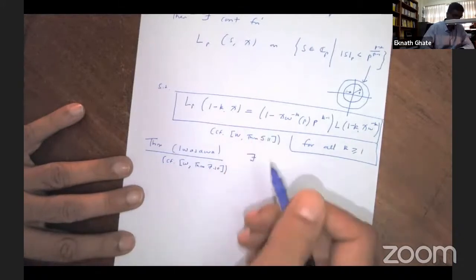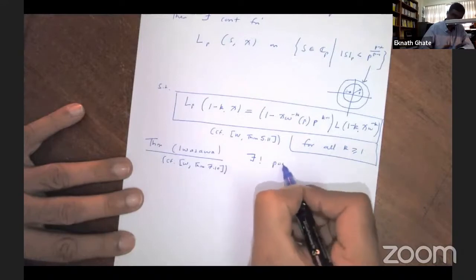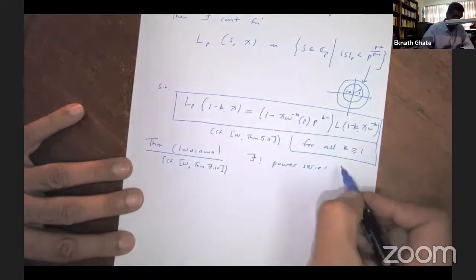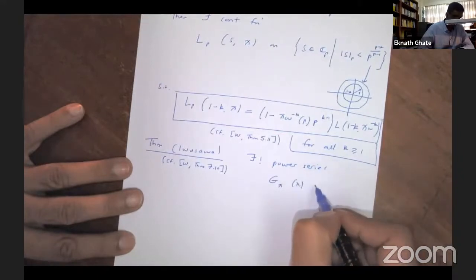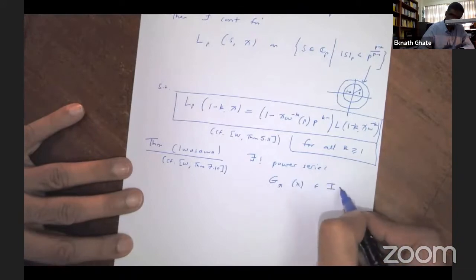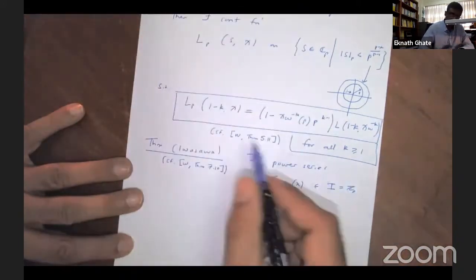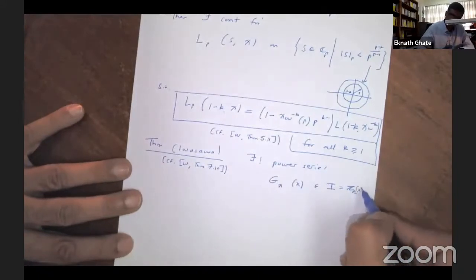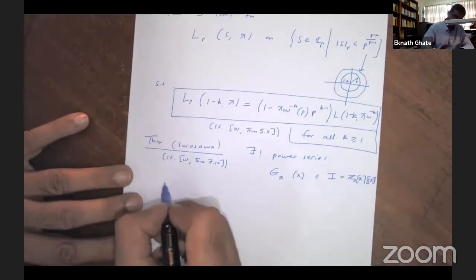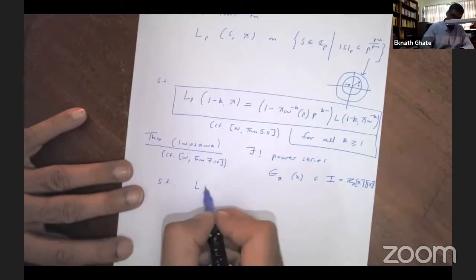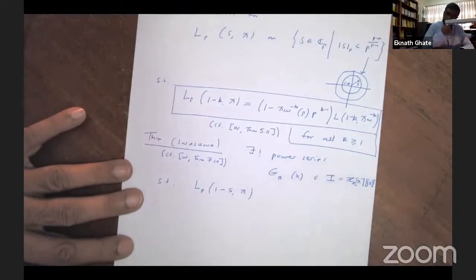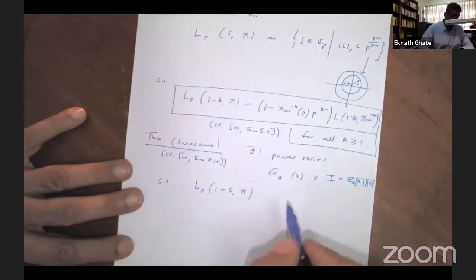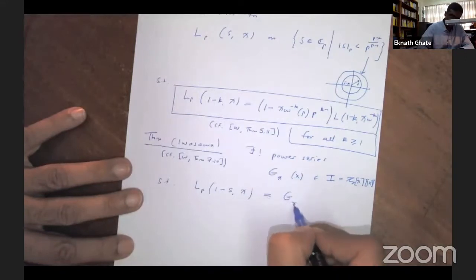It says that this is an analytic function in the following sense. There exists a unique power series G_chi(X) belonging to I, this is a bit general now because chi was an arbitrary character here, Z_p[chi][[X]], such that if you go back to this s, but instead you put 1 minus s here, you get this particular power series